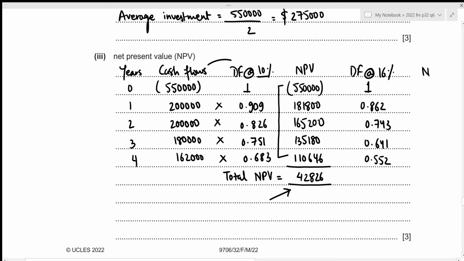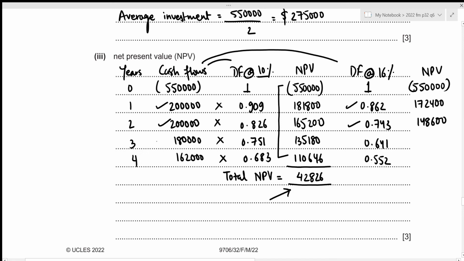Now let's figure out the net present value at 16%. So we now need to multiply the cash flows with this discount factor. So for year 0, that will be negative 550,000 times 1, which again results in negative 550,000. Then for year 1, that is 200,000 times 0.862, which results in 172,400. For year 2, that is 200,000 times 0.743, which results in 148,600. For year 3, that is 180,000 times 0.641, which results in 115,380. And for year 4, that will be 162,000 times 0.552, which results in